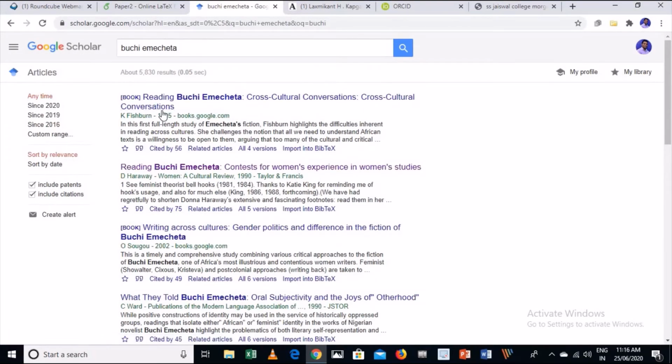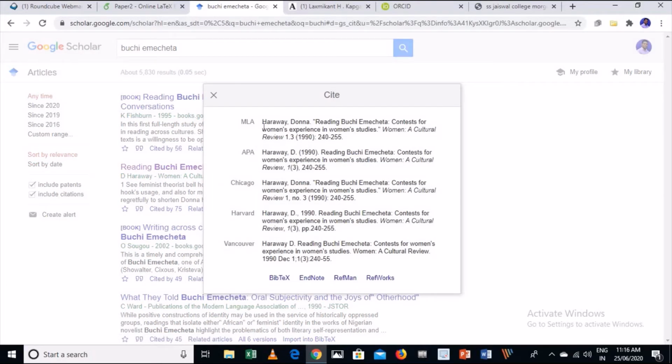I want to cite only this paper, the second one. When you want to cite it, you click on this double inverted comma. When you click, you will find another page where various styles are given, for example MLA, APA, Chicago, Harvard, Vancouver. So you just click on BibTeX.